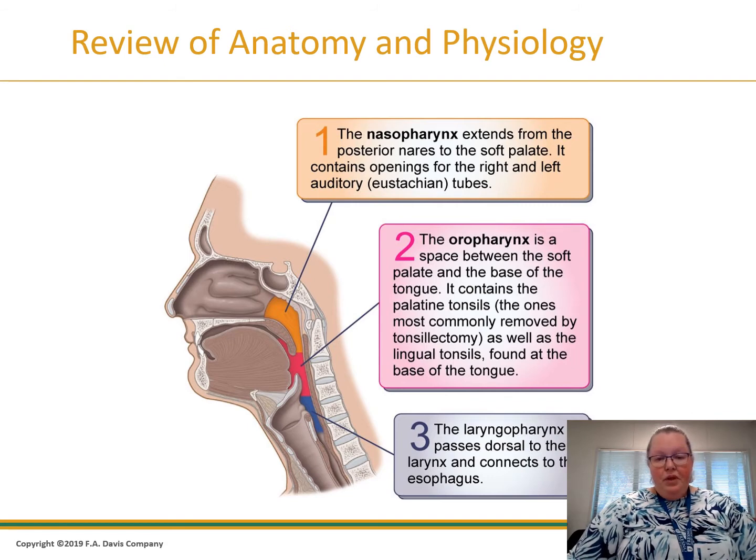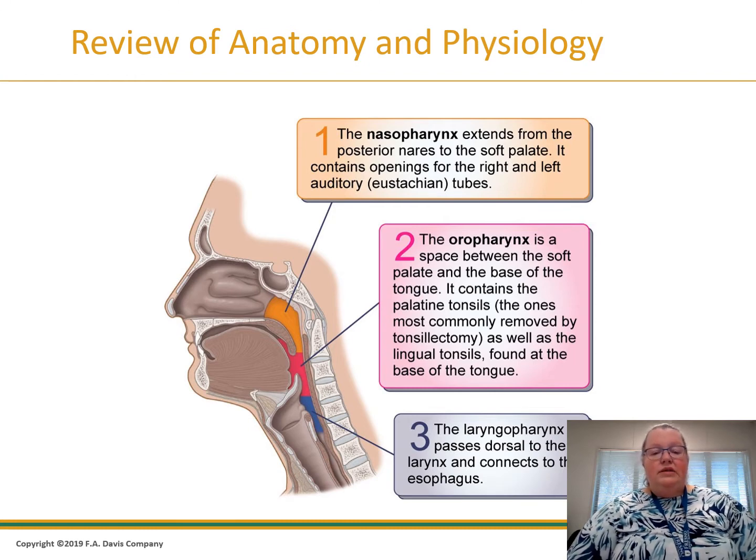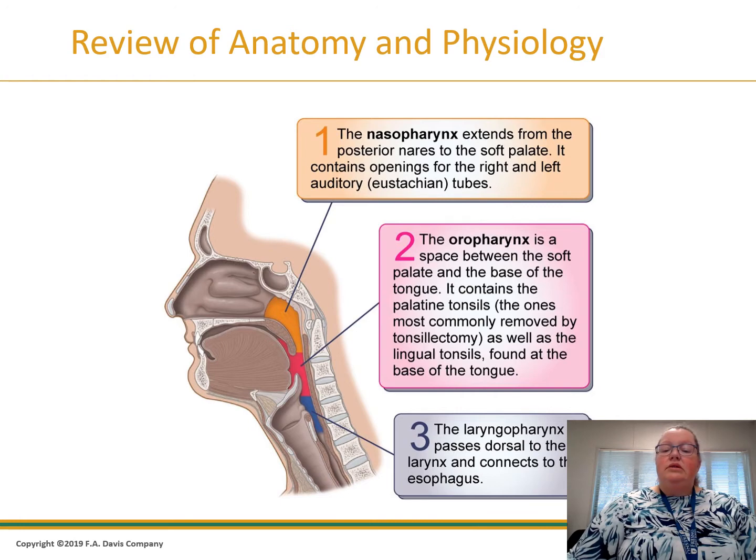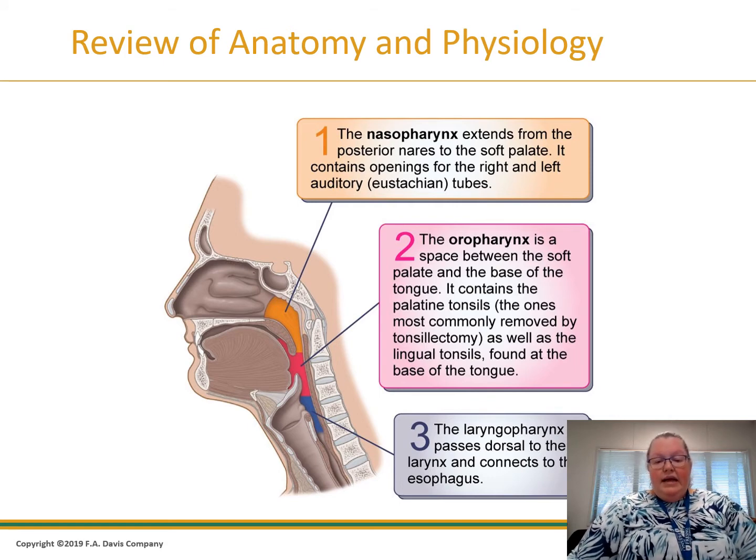The oropharynx is a space between the soft palate and the base of the tongue. It contains the palatine tonsils, the ones most commonly removed by tonsillectomy, as well as the lingual tonsils found at the base of the tongue. The laryngeal pharynx passes dorsal to the larynx and connects to the esophagus. Anyway,